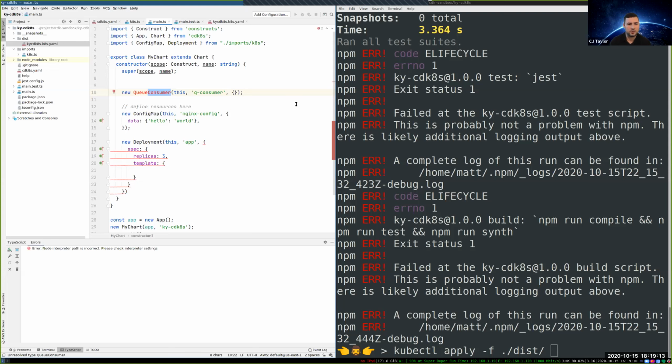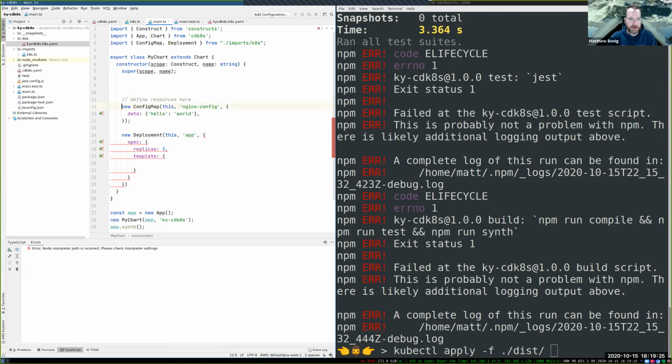When defining those, right now you're just newing those up. Is there a way to share bits of data between them? So if one depended on another? Yep. So actually, let's say we've got this config map right here. Now I'm creating this new object. I'm not really saving a reference to it, which means I can't reuse any of the things that are important to it later. But that's easy.